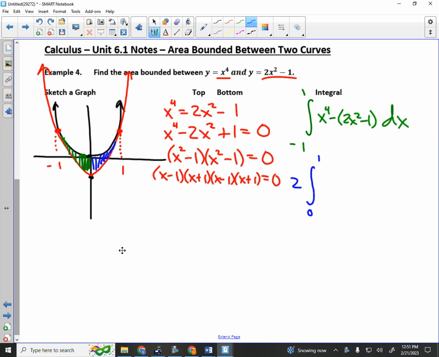See the difference? So if you do produce the graph, and that's often when people ask, do I have to make the graph? I guess I've been doing this a long time. I think it's helpful to look at the graph. So I guess it's up to you, but I like making the graph. I can see it's symmetrical. I'm going to double the area from 0 to 1 of x to the 4th minus 2x squared plus 1